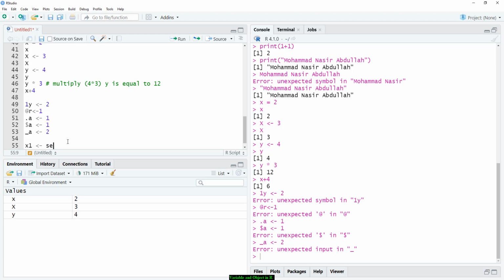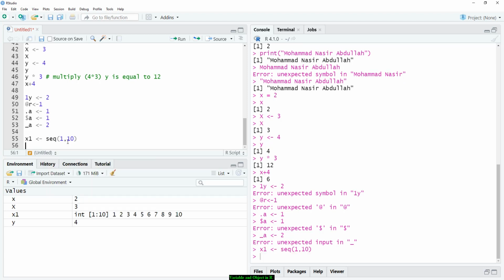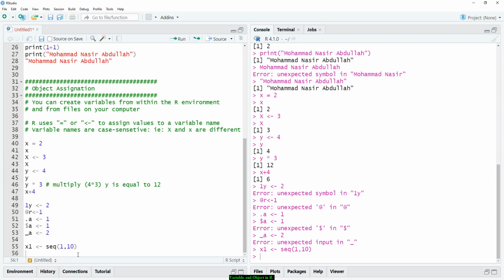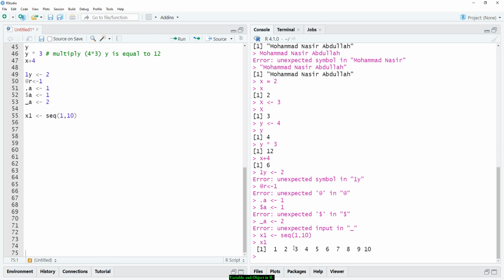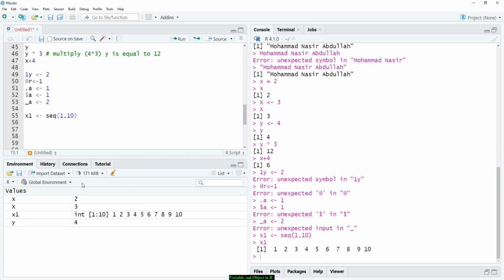So let's say we look at x1, sequence 1 to 10, right? What does this mean? x1 sequence 1 to 10 means x1 will hold various numbers, from 1 to 10. So an object in R does not necessarily store just one number. We can store many numbers. So what does this sequence mean? SEQ here is what we call a function. To know what this function does, we just type question mark sequence,